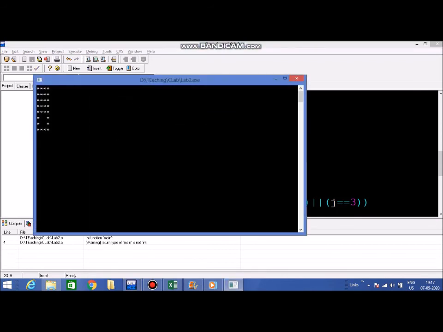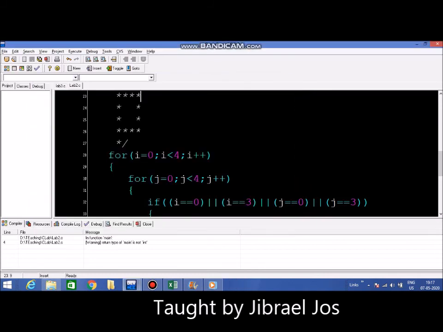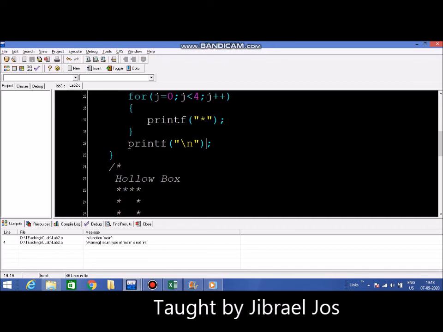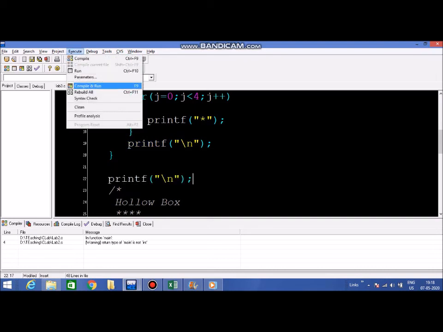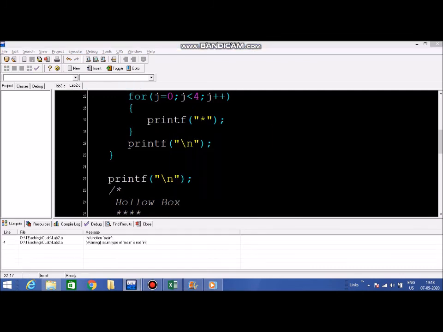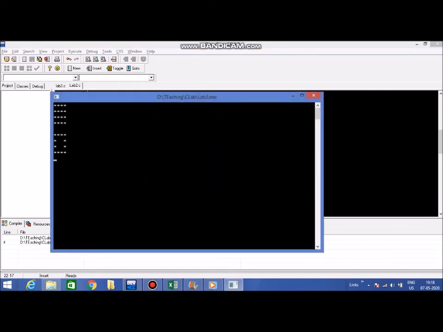Can you see this box of stars here and then a hollow box which is created here? Now because they are too close, we are not able to see them separately. So it may not be a bad idea to print a new line between both of them. So Control C, and let me just put a new line in between both of them. Now let us see how the output looks. So this is a box of stars and this is a box of stars, but here we have replaced it with space in the middle of it.